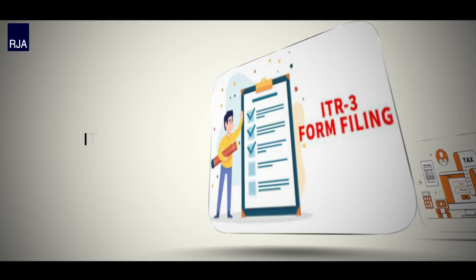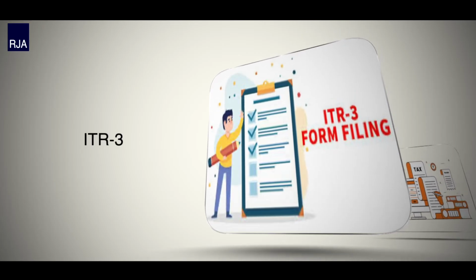Next we come to ITR3. So what is ITR3? ITR3 is the form which is used by the individuals and the Hindu undivided families who are registered as partners in a firm. However, this form is not applicable to the promoters of the firm. This is applicable for the professionals but in a partnership profession. The partners must be earning income in the form of interest, salary, bonus and so on. So next is who can use ITR3. ITR3 can be filed by individuals or HUF who is a partner in a firm.